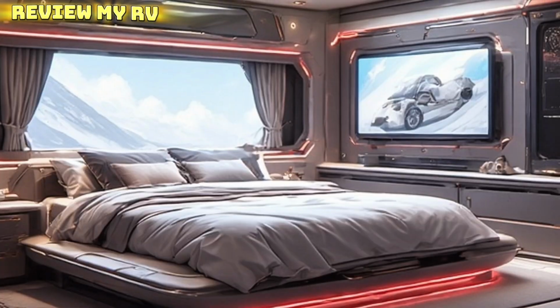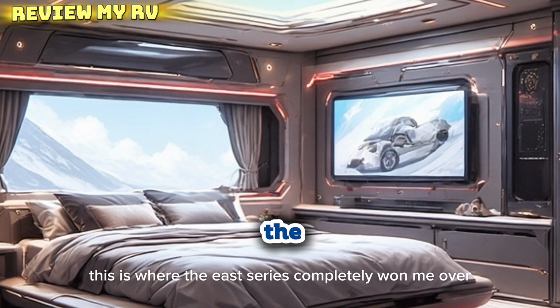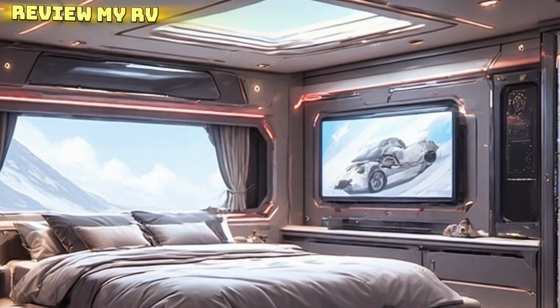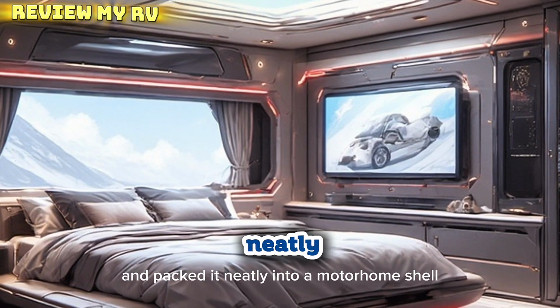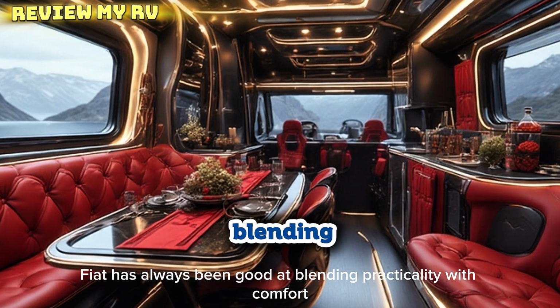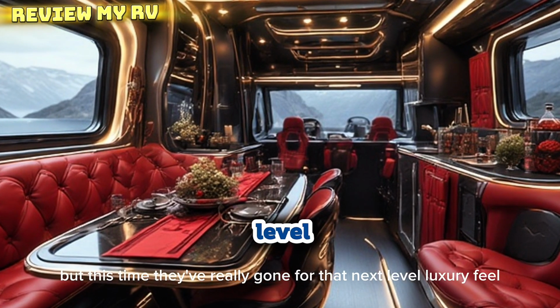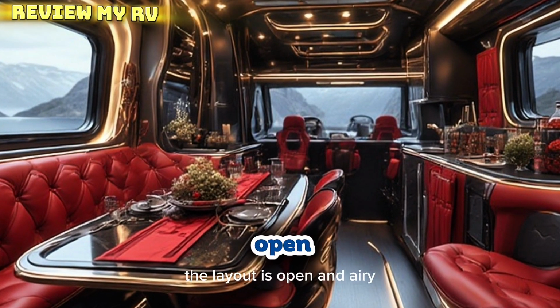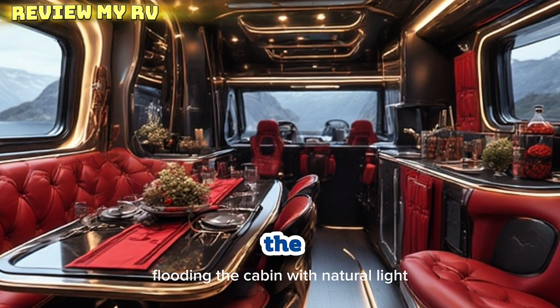pavement ends." Now, step inside, and I'll be honest, this is where the E-Series completely won me over. The interior feels like someone took a modern penthouse and packed it neatly into a motorhome shell. Fiard has always been good at blending practicality with comfort, but this time, they've really gone for that next-level luxury feel. The layout is open and airy, with panoramic windows that wrap around both sides, flooding the cabin with natural